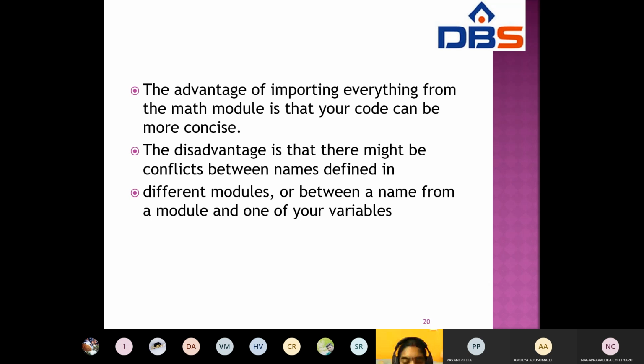This is the disadvantage. The advantage is importing everything from the math module; the disadvantage is conflicts between names defined in different modules. Next.